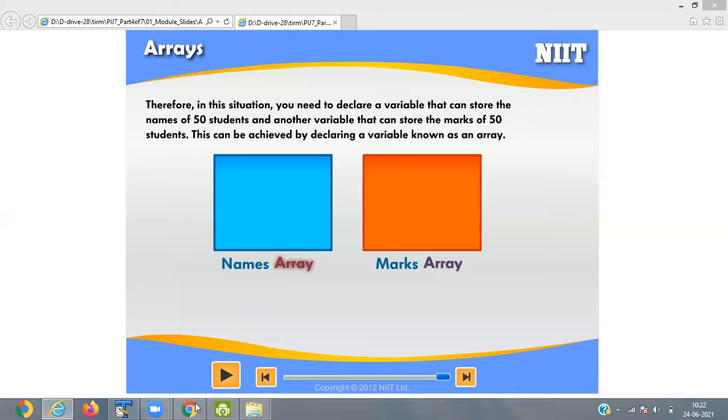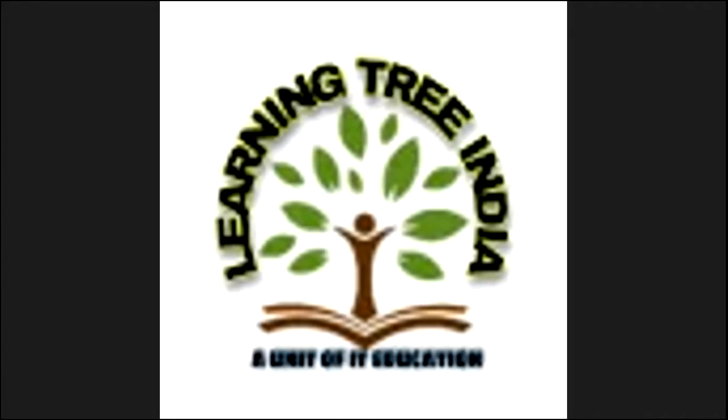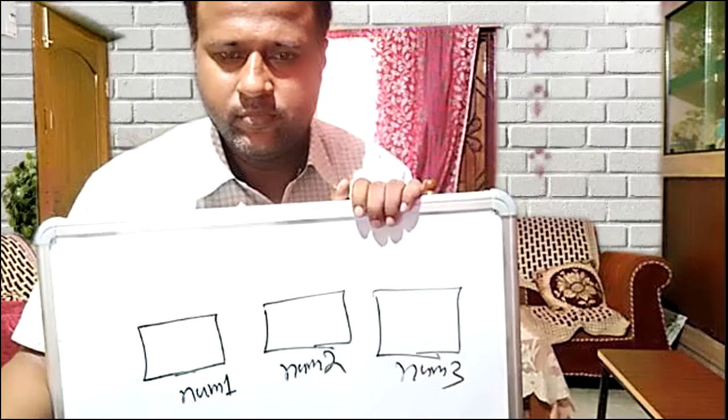If I want to store 3 integer values, I define 3 variables. Suppose I define num1, num2, and num3.